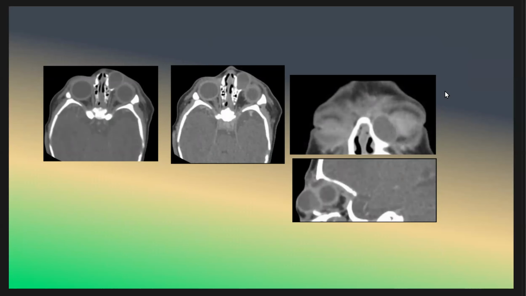Okay, what do you think this child has? Two months with infection of the left orbit. What do you think of the left eye? We have a cystic mass with peripheral enhancement, as we see here, and pushing the orbit. And this is a dacryocystocele, hemangioma, dacryocystocele. Sorry, this is a dacryocystocele.